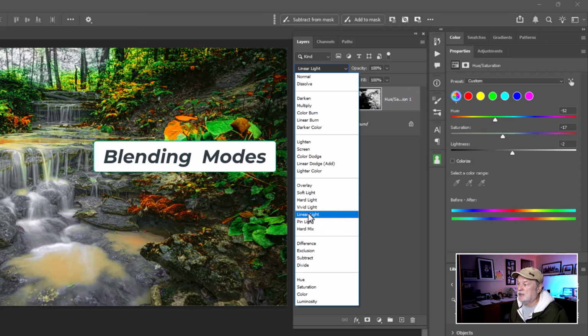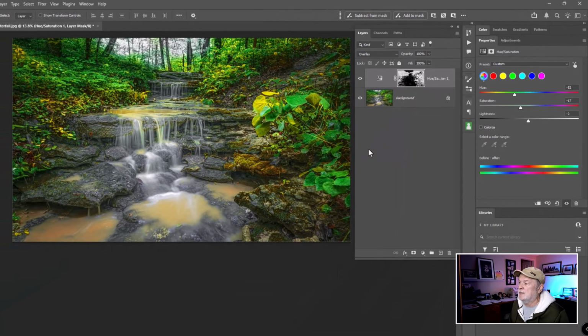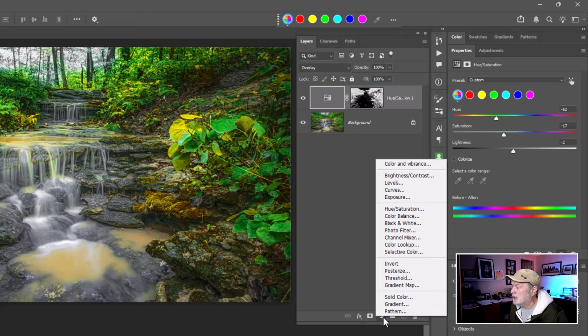I mean, this is pretty cool. I'm going to go to overlay. I'm going to be a little bit aggressive right there. So before, after, before, after. Now, what if I want to build on this? Let's keep going. I'm going to come down to the Oreo cookie dipped in milk again, and I'm just going to choose